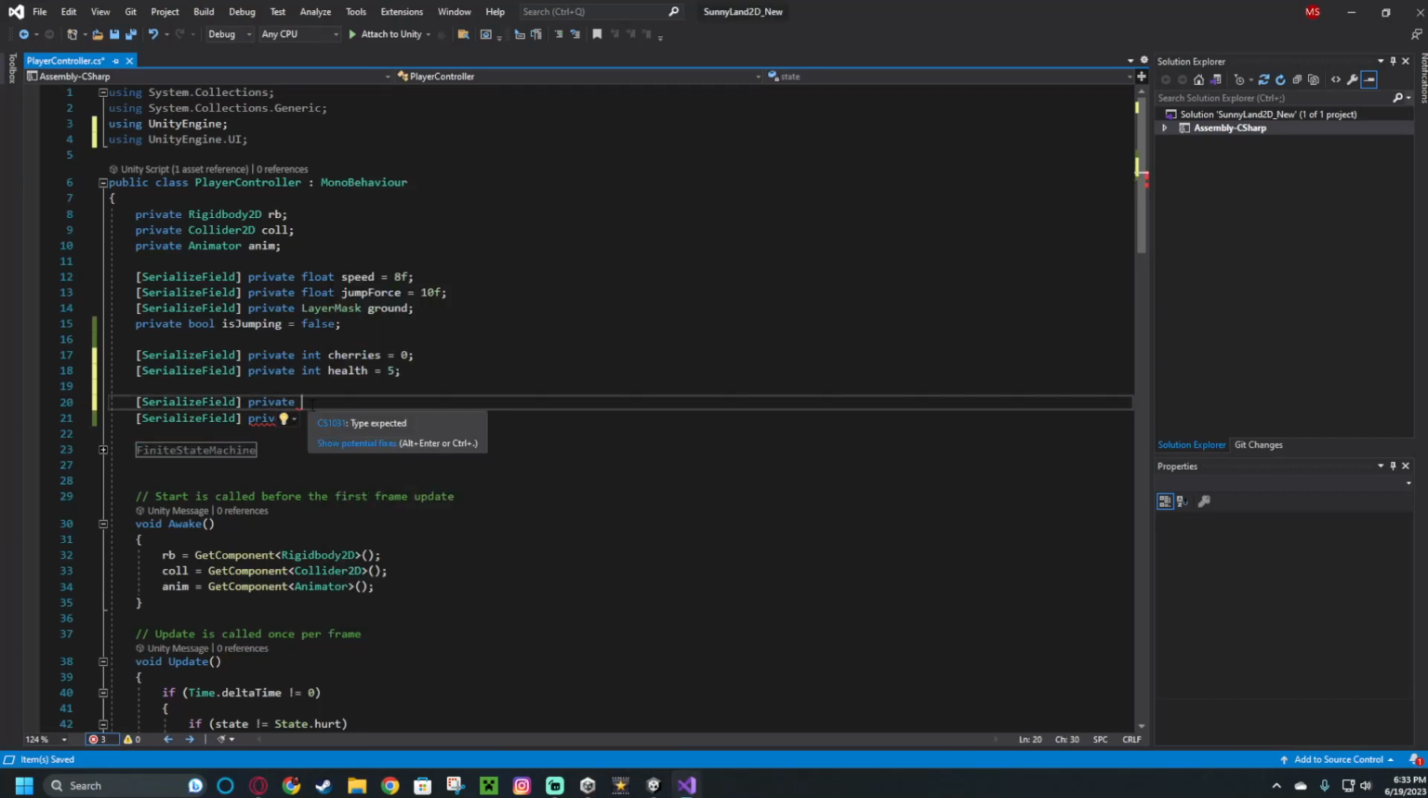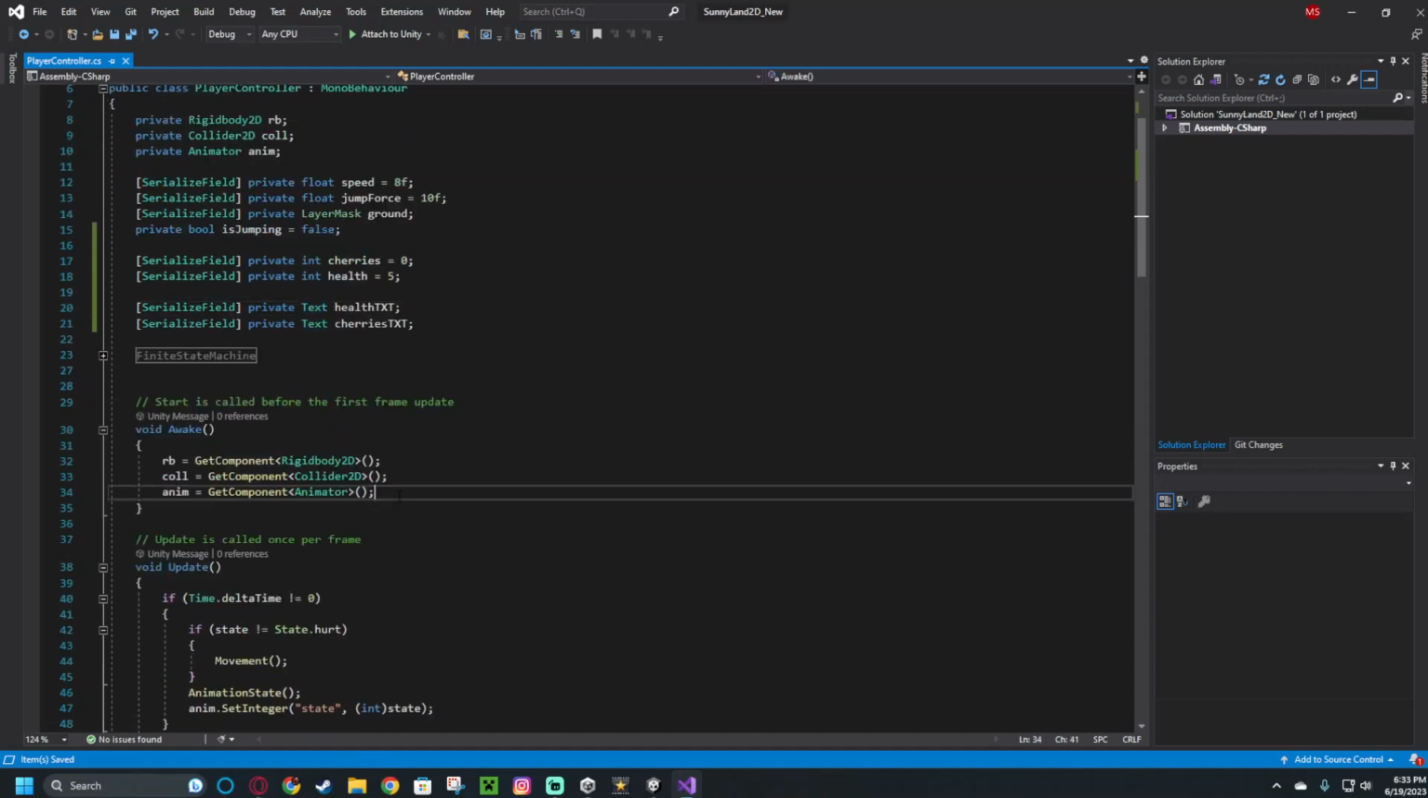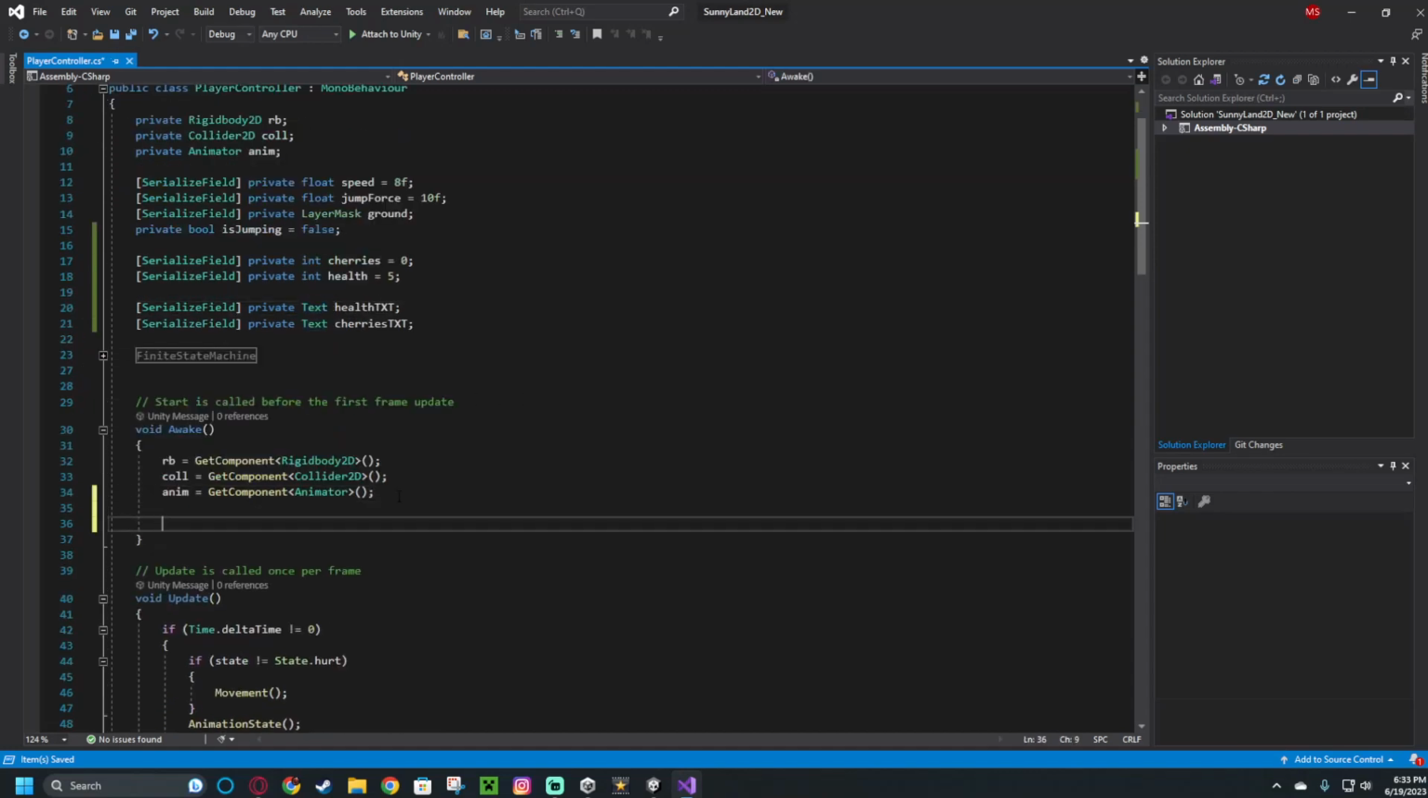Okay, next thing I'm going to do is do a private text called, I'm going to call it health text. You can call it however you want. I'm just doing it here. I have 2 of these, one for that, one for gems, and one for cherries. Then after that, in our awake function, we are going to add health text dot text just so it knows